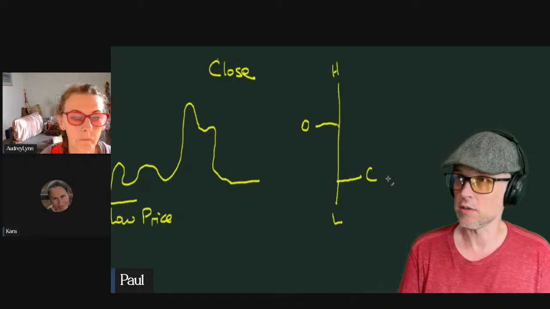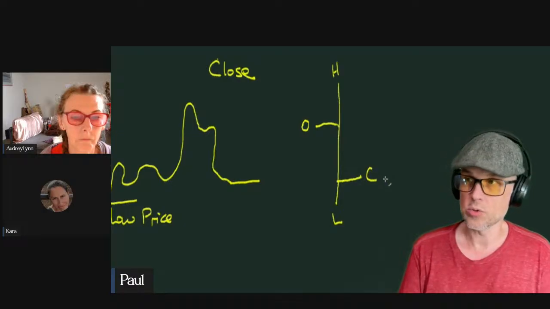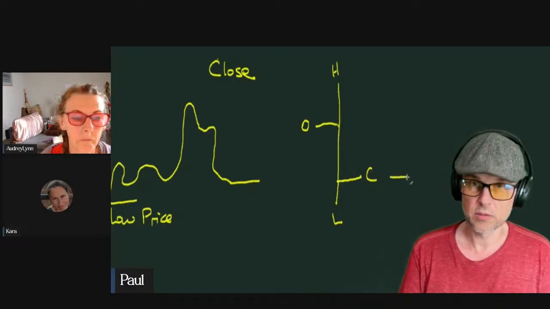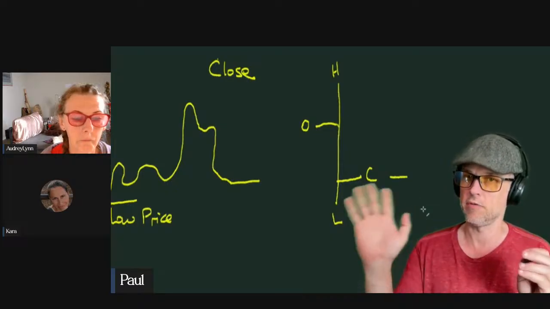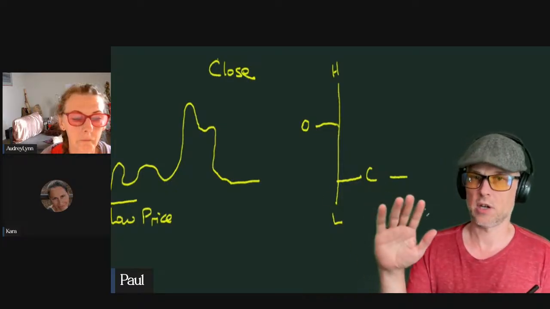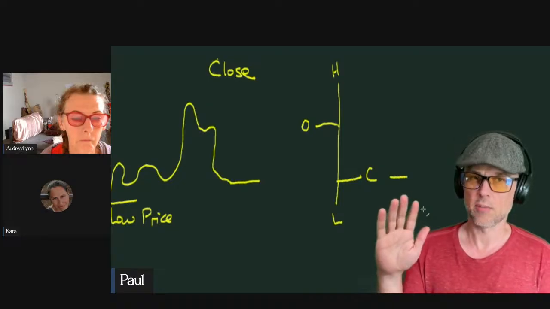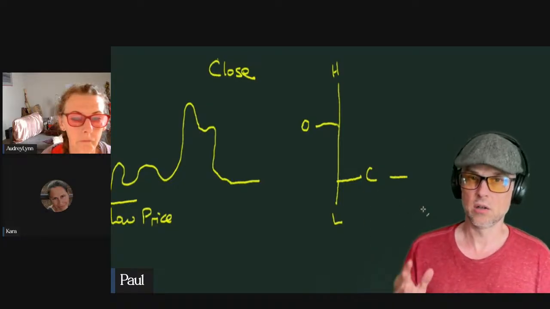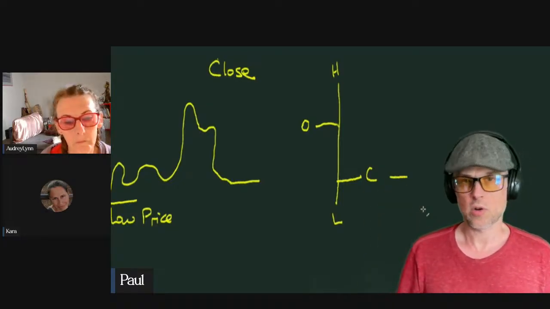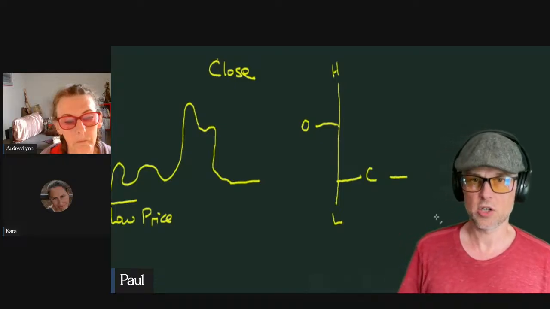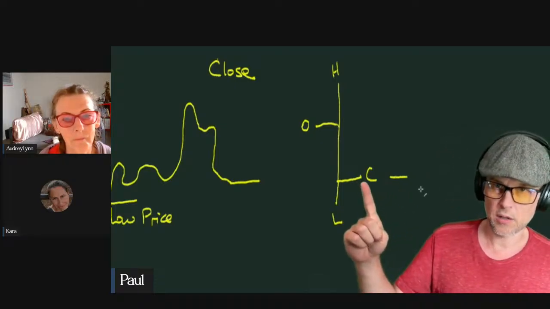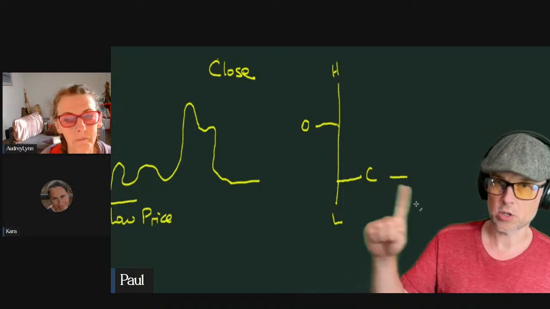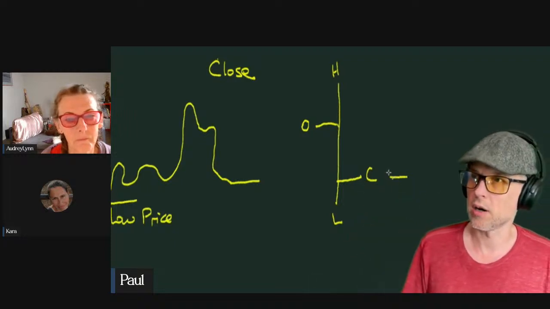Typically speaking, the next day, the close becomes the open. Unless, of course, there's a really drastic change in the volume, or someone else has got a bid in for first thing in the morning, and it ends up being a better price for the Bears or a better price for the Bulls, whoever is in charge. But typically speaking, we go from any market close to the next bar as the open.